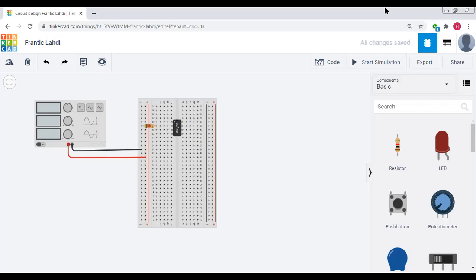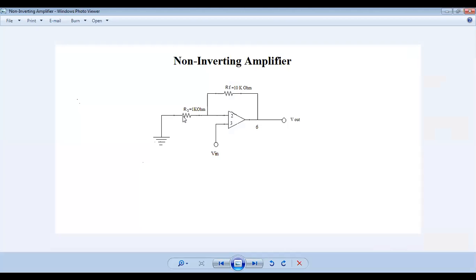When I share the screen and show the circuit diagram to you, here you see that the first end of resistor R1 is connected to the ground, and the second end of this resistor is connected to the second number pin. So similarly,